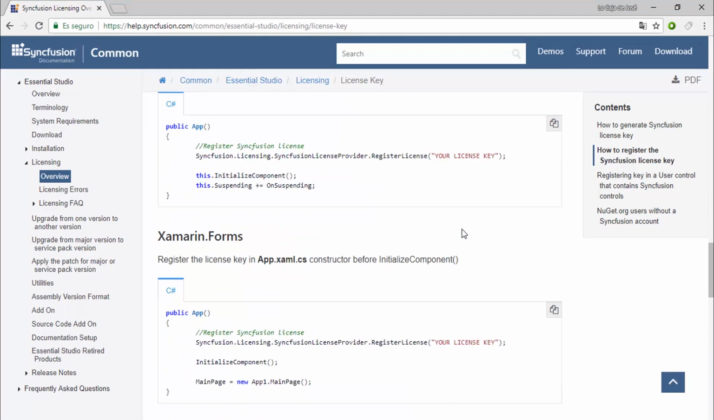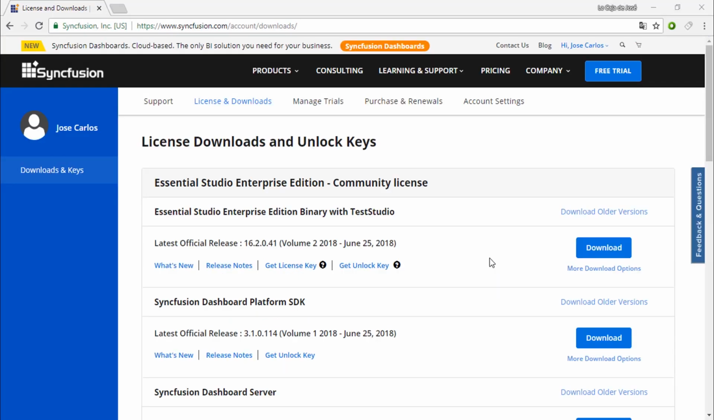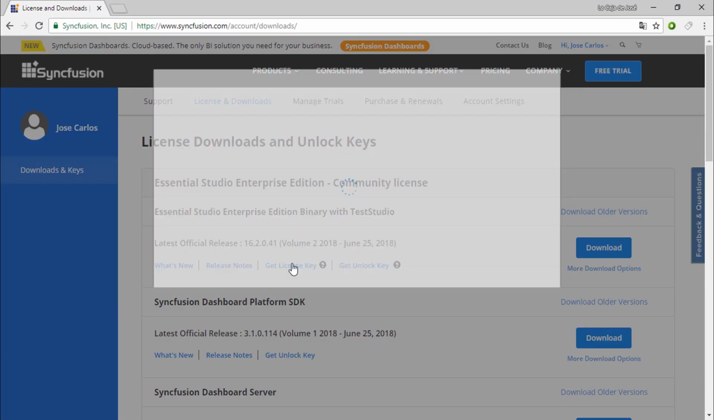Well, in the case of Xamarin Forms, it's adding all this code, and inside the parentheses, we will put our license key. To get this key, we have to go back to the Syncfusion page. Do you remember I told you that this option was important? Clicking here, you will open this window,